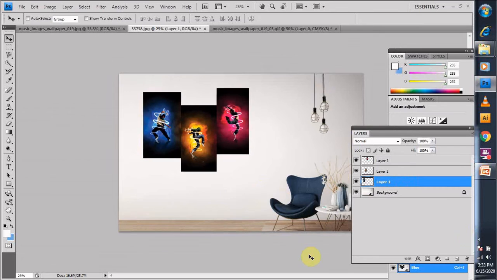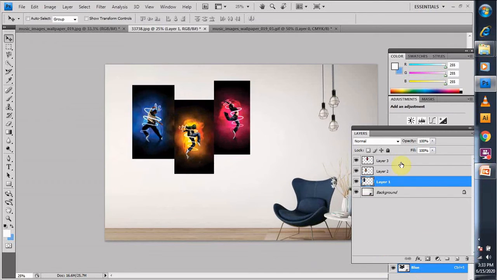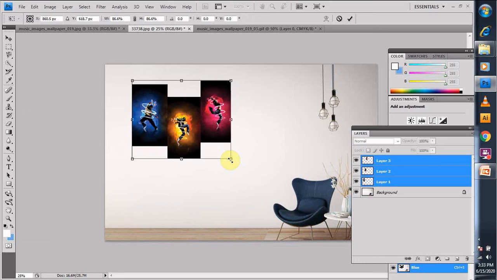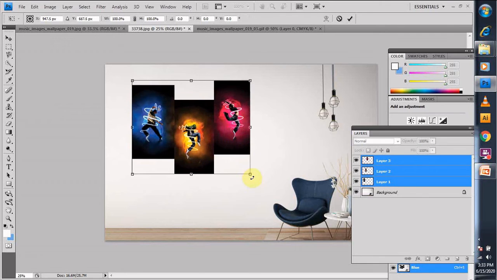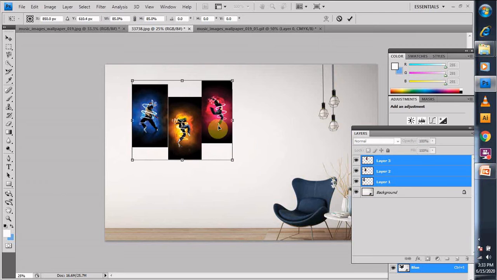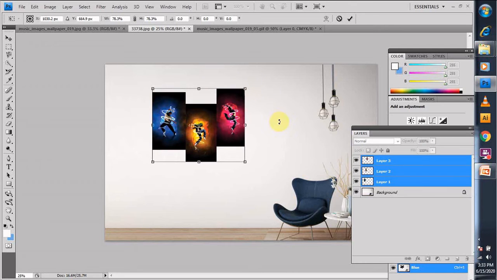Like we can see with Control minus, it seems that there is an image placed, but the size is quite big compared to the rest of the objects, so we need to select all the sides and then reduce it because that size is too big. Okay, this much size is quite good.